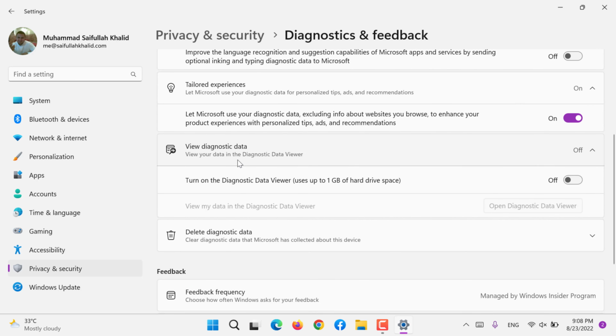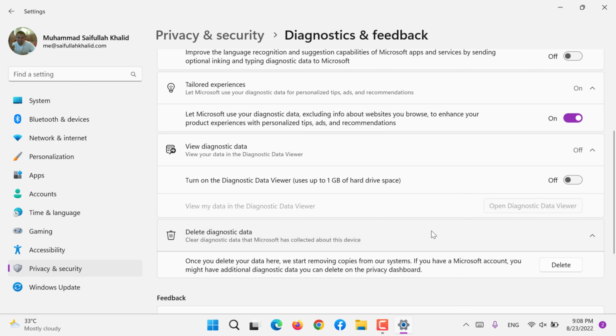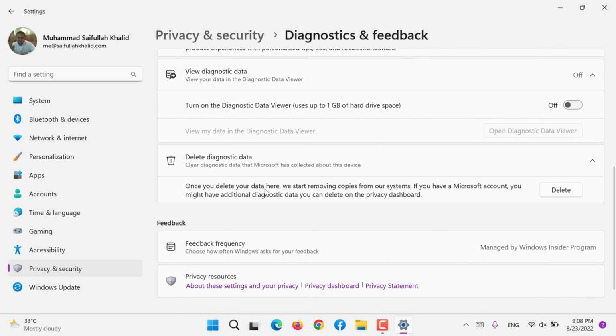View diagnostic data. Turn on the diagnostic data viewer, which takes up to 1 GB of hard drive space. That's why I did not enable it. And once you delete the data here, we start removing copies from our systems as well. By ours I mean Microsoft will remove the data that they had been using